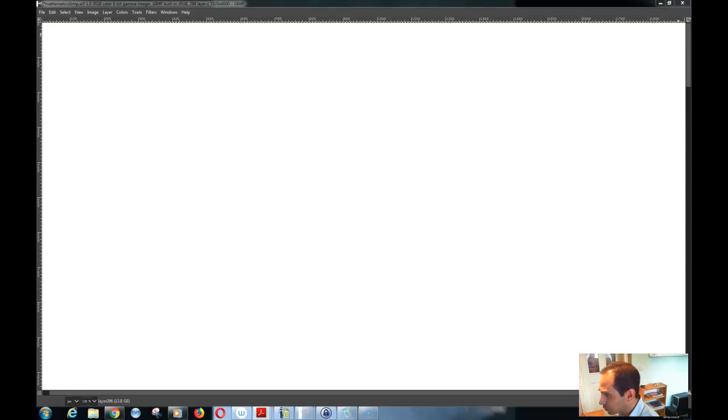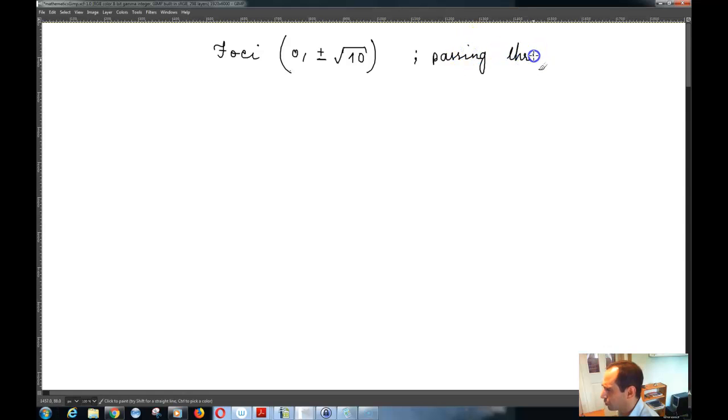Suppose that your foci are at 0, plus or minus square root of 10, and the hyperbola is passing through 2, 3. So if that is the case,